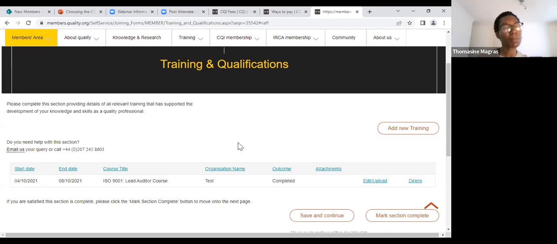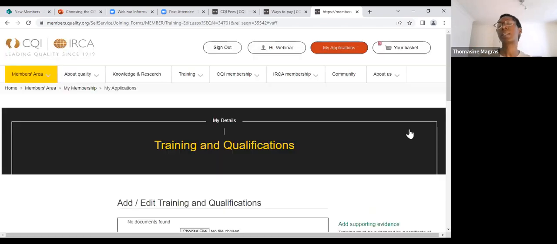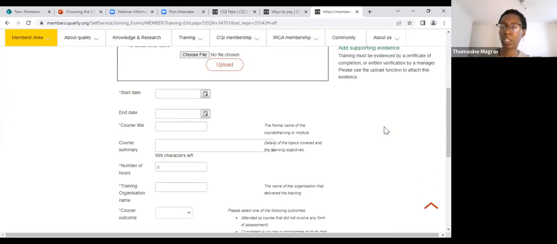If you do include something along those lines, you will also need to upload not just your certificate, but your transcripts. Use this section to tell us in detail about the topics that have been covered in whatever training that you are including in this application. It's incredibly important that you do, particularly if it's not something we recognize instantly.